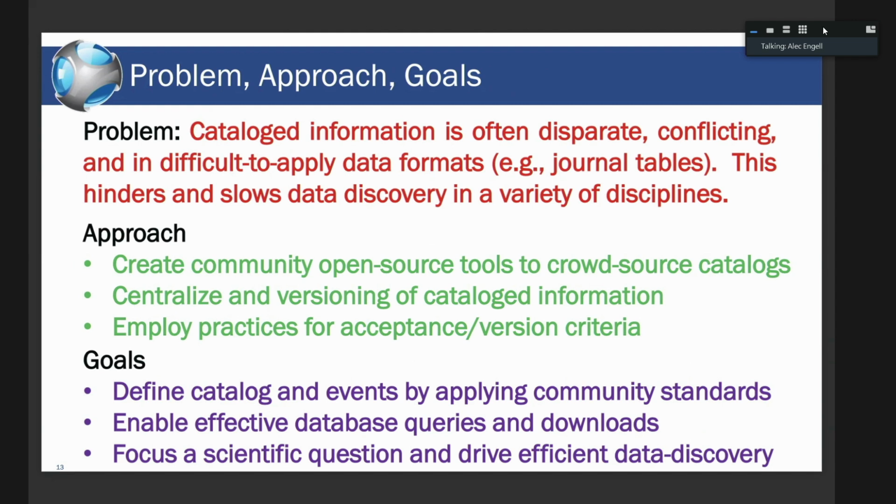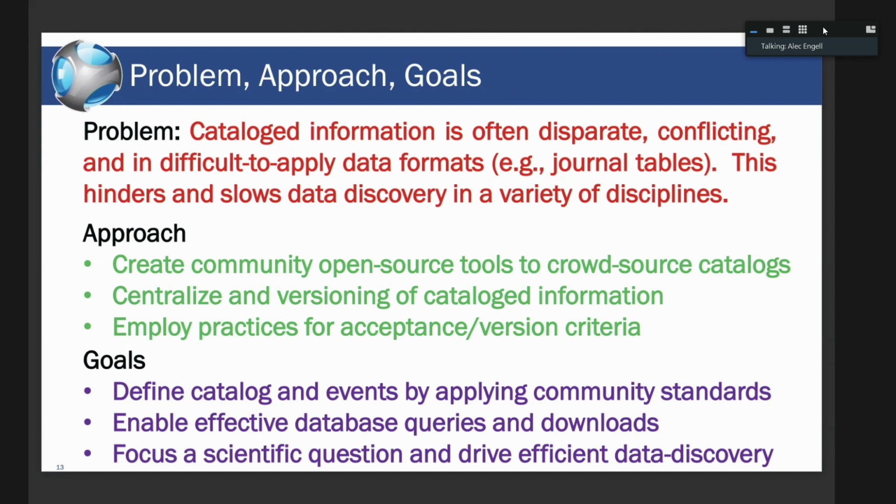My thinking on the approach: create community open source tools, crowdsource catalogs, centralize and version cataloged information, and employ practices for acceptance and version criteria, whoever that may be. Maybe it's a group of SMEs that understand this stuff, and they get together once a month and look at all the updates coming from the community and accept or reject accordingly. Or you just keep multiple versions of catalogs because people have different definitions for different reasons, whether it's operations, science,